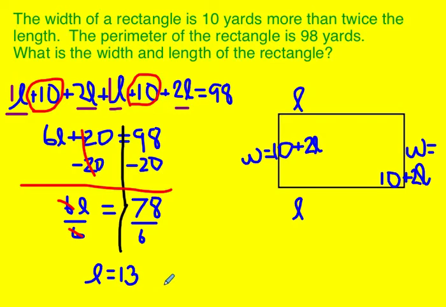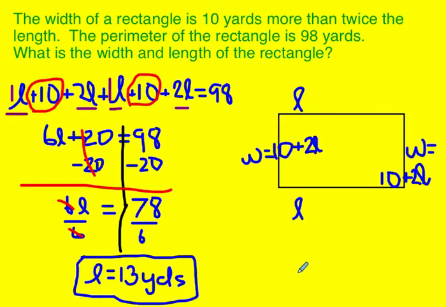And you need your label in place again. So if you look for your label up here, we can see everything's being measured in yards. So the length would be 13 yards, which is part of what they've asked us to find, but they've also asked us to find the width. So if we look around, we can see that over here on the rectangle, we have this equation that tells us about the width. Your width is equal to 10 plus 2 times L, which is the length, which we now know. So we can say that our width is equal to